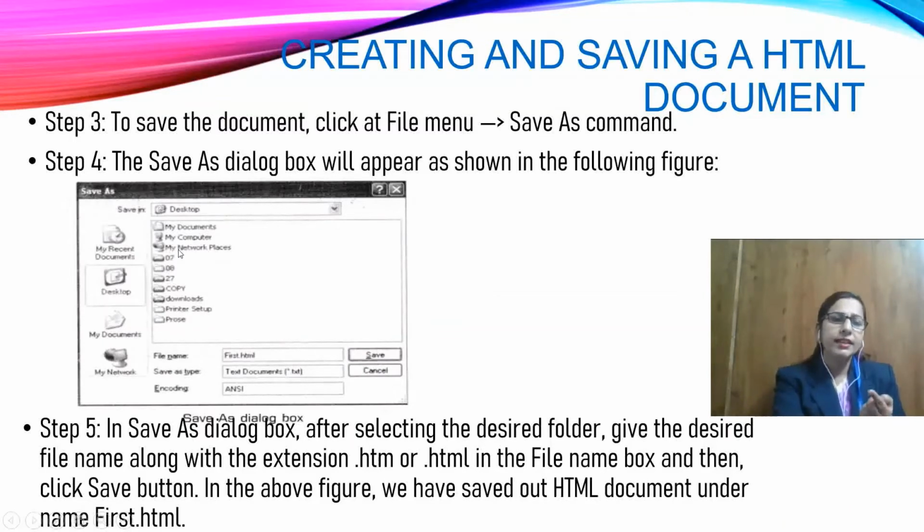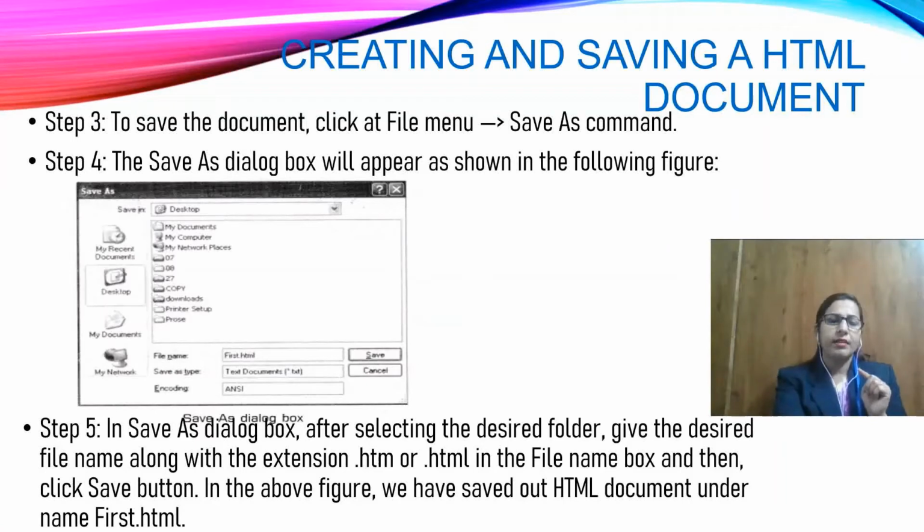In this dialog box you just write the file name, and remember this thing, you have to save the file name with the extension either .htm or .html. Remember this thing, it's very important. If you have not saved with this extension, that code will not be executed, will not run on the browser.